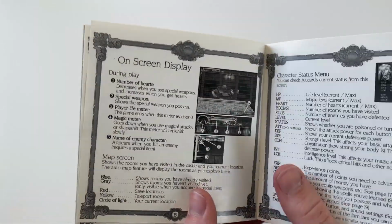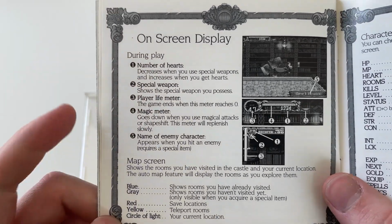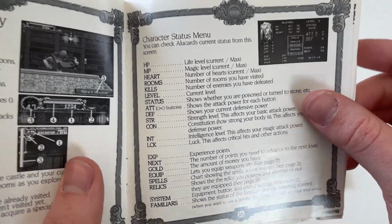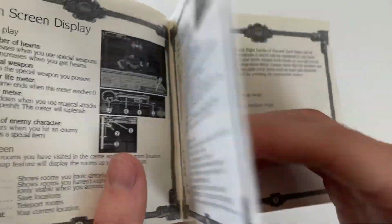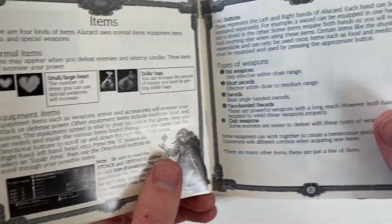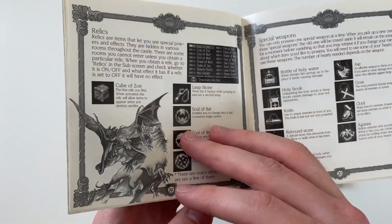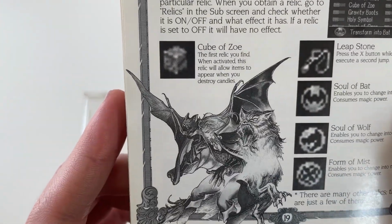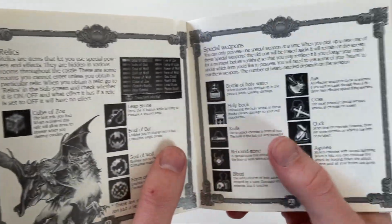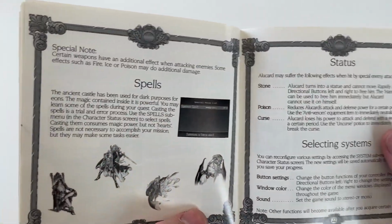It talks about the HUD, what the hearts are, because the hearts aren't actually health in this game. HP, MP, the status menu, because this was the first Castlevania where you actually had a menu system. It goes into items, types of weapons, relics, which give you the ability to see the enemies. And then we got Leapstone and Soul of Bat and all the other relics over here. Special weapons that actually have been in the other games, spells,